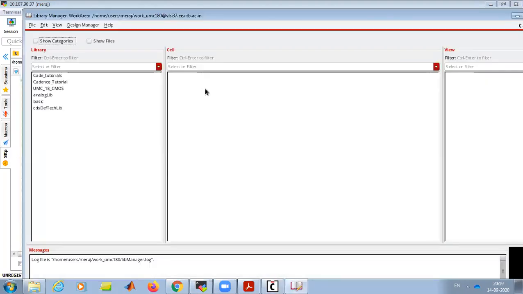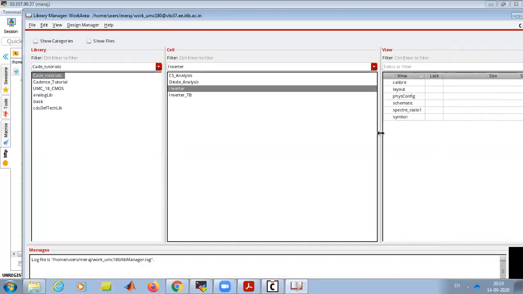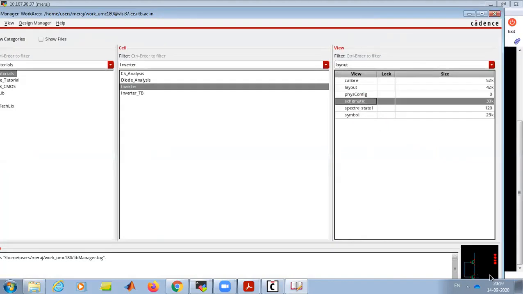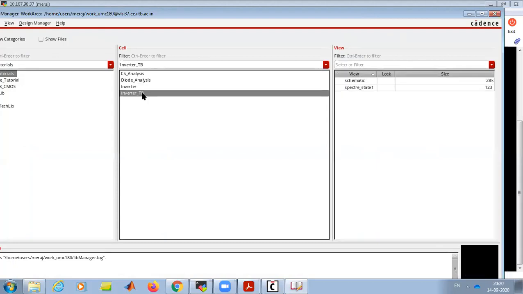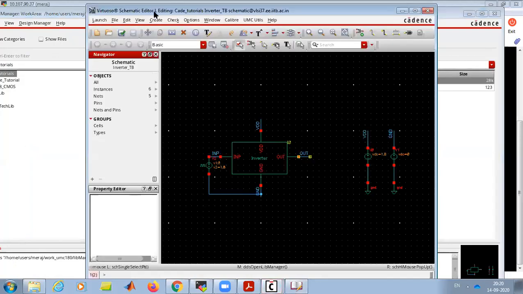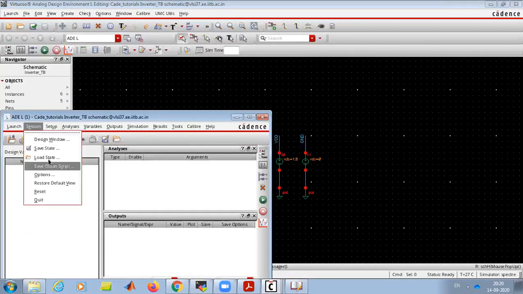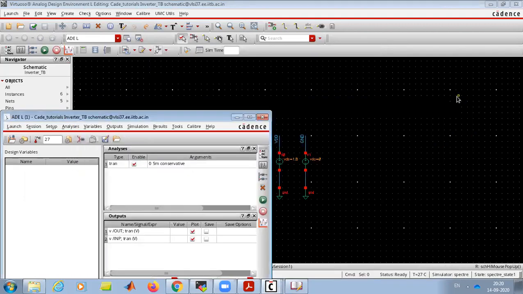When we do the Calibre PEX extraction, this Calibre view has come. This is our schematic view where we have used transistors with ideal wires. We have the layout view. You can see in the bottom schematic view, layout view, and we have Calibre with parasitics. So again, we'll go to our inverter test bench where we have simulated with the schematic. We'll load. So we have loaded our